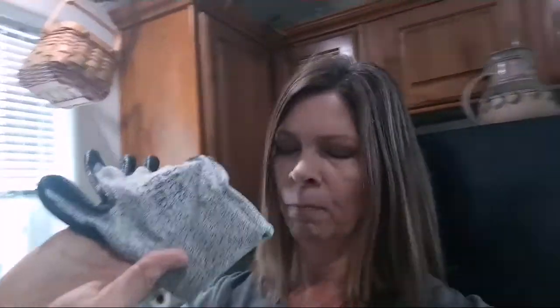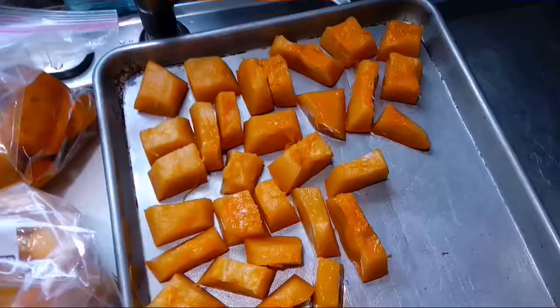These gloves are cut resistant. Now, since I'm alone, I'm not going to take any chances. And I'm kind of wimpy when it comes to bad cuts anyway, so I wouldn't want to have to drive myself to the hospital. So just to be on the safe side, I'm going to wear those gloves. They're washable. I can wash them even if they get pumpkiny. Better safe than sorry. I'm going to do them at